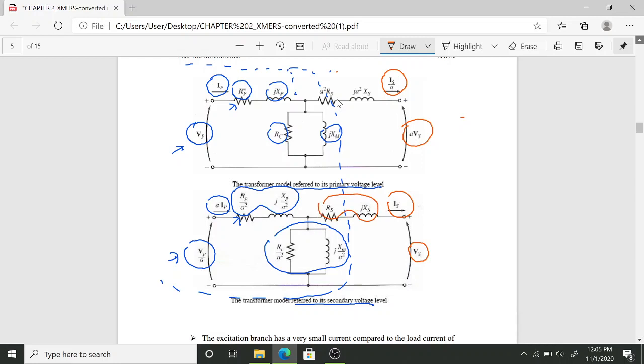Okay, and this one, you have to convert all these values. For the equivalent parameters, you have to multiply by A squared. This one is IS over A, and this one is A times VS. Alright,